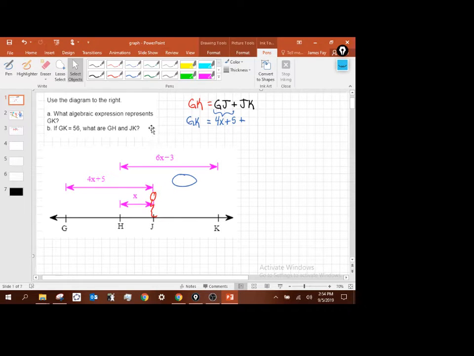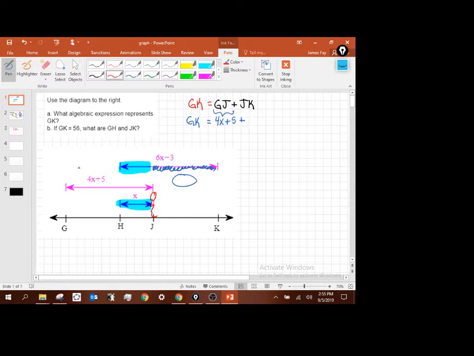Okay, G to K is only that distance right there, correct? So it's almost 6x minus 3, but I've got to remove that amount, don't I? Well, how much is that amount? Isn't that amount x? That kind of makes sense. Everybody see the overlap between these two? So I can't just simply